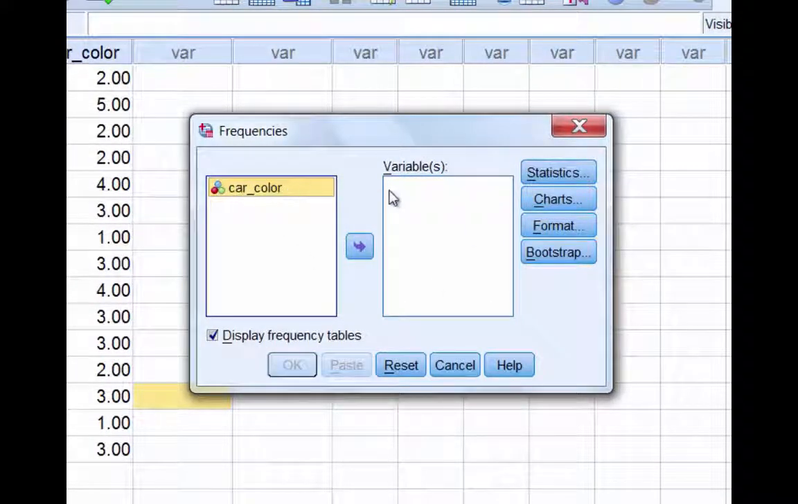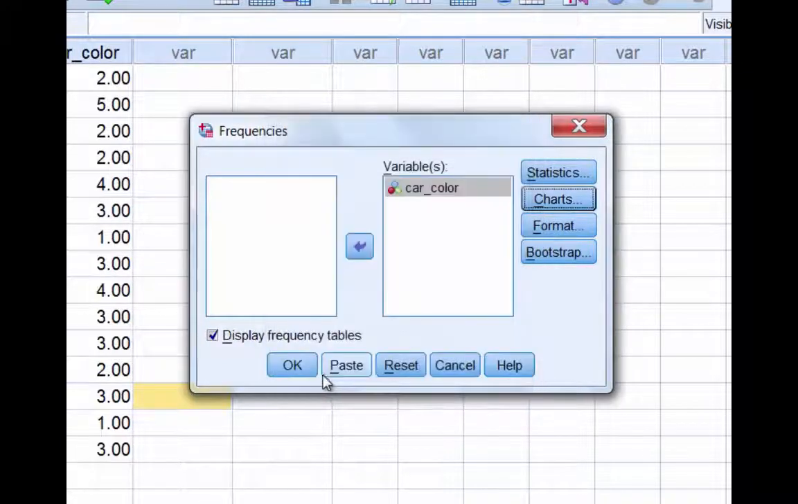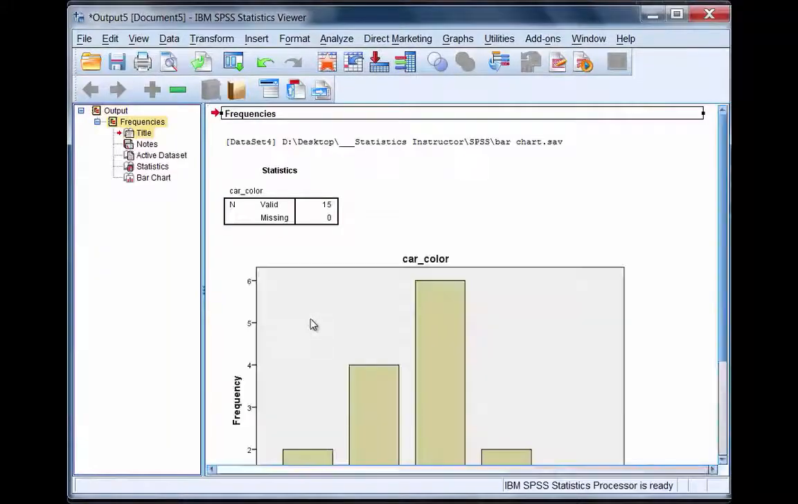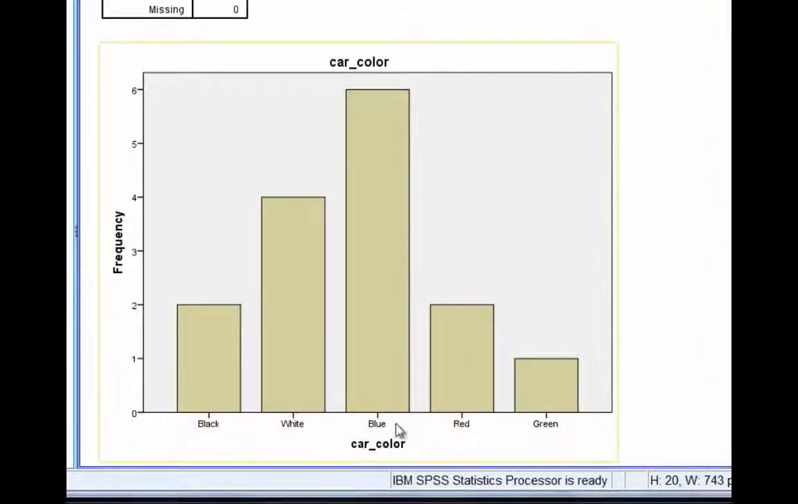I'm going to move car color over to the variables box, select charts, and then here we want to select a bar chart. Click Continue. Let's deselect the display frequency tables, and then click OK. And notice here, in this case, we get a bar chart where the variable is car color on the x-axis,